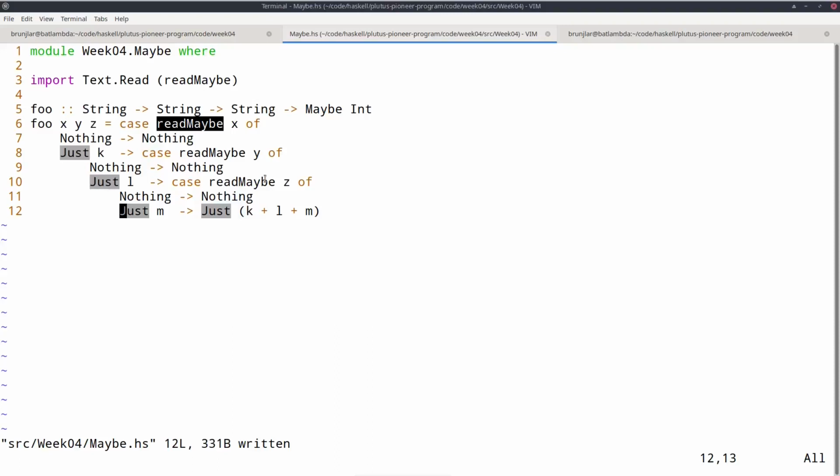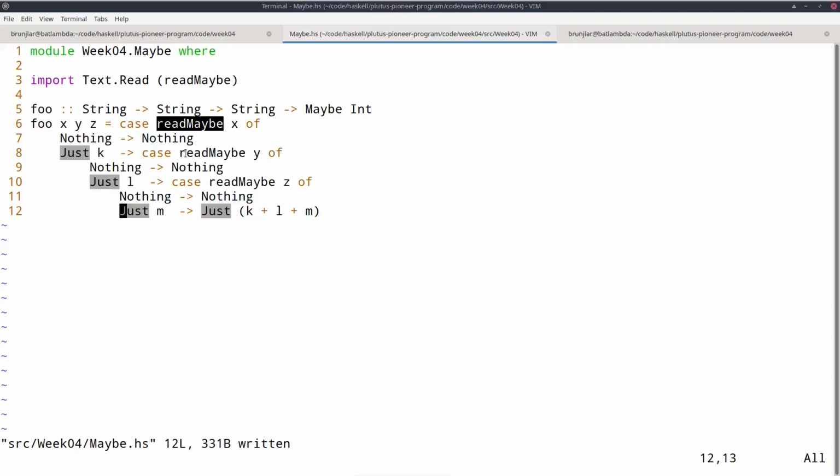And as Haskellers, we hate repetition like that and a lot of noise. The thing we want to do is very simple. We want to parse these 3 strings and add the result. But with all these cases and always having to take care of the Nothing case, it makes it very noisy and very ugly.